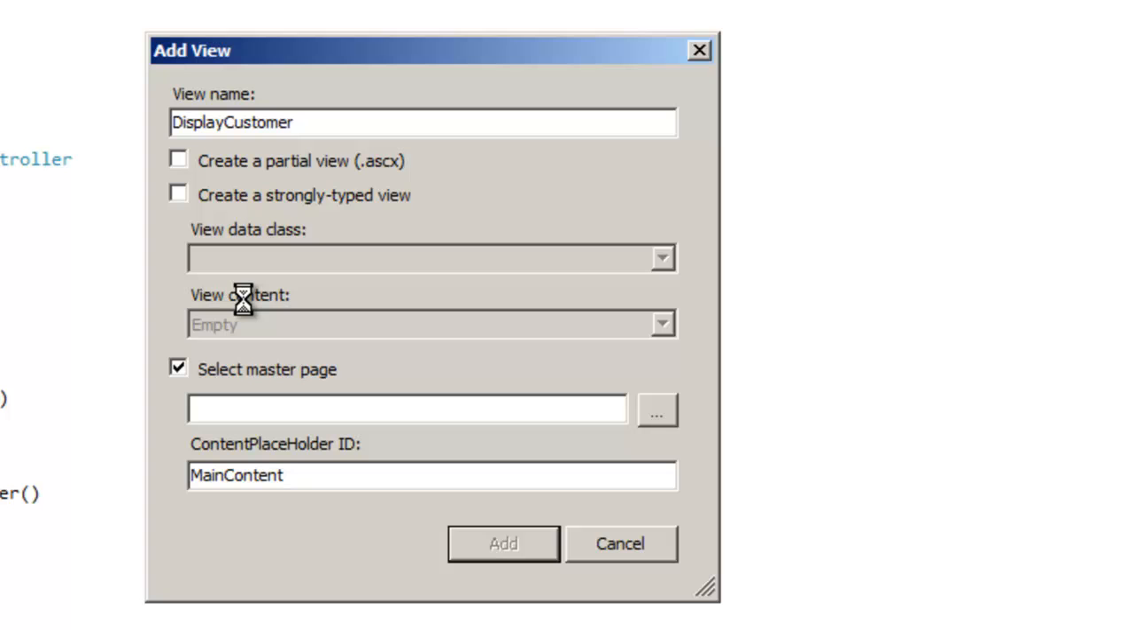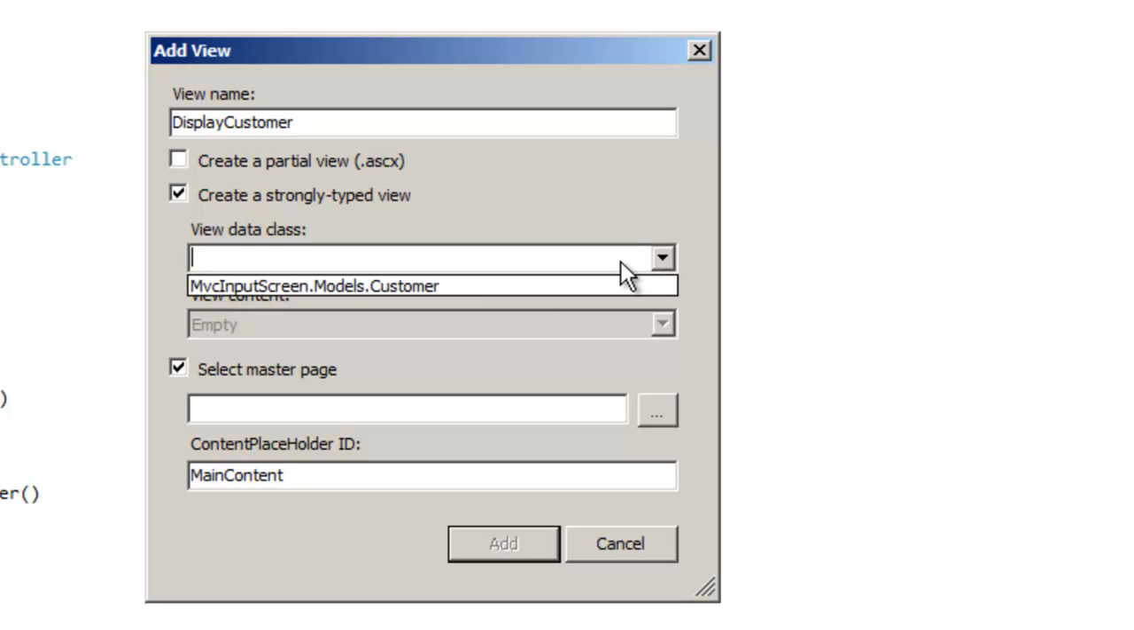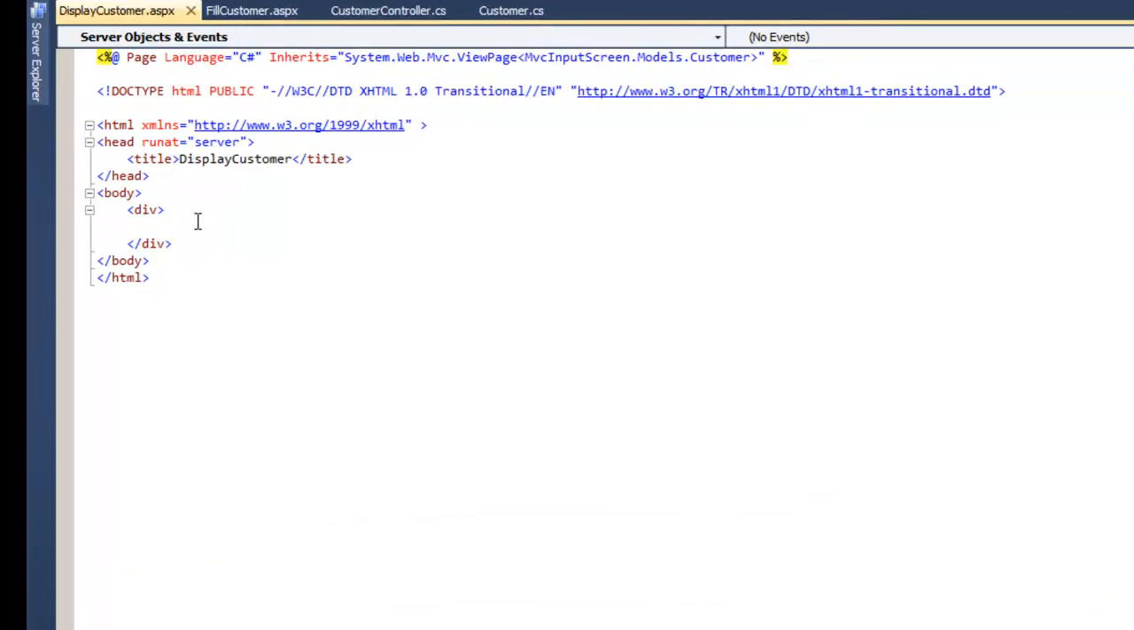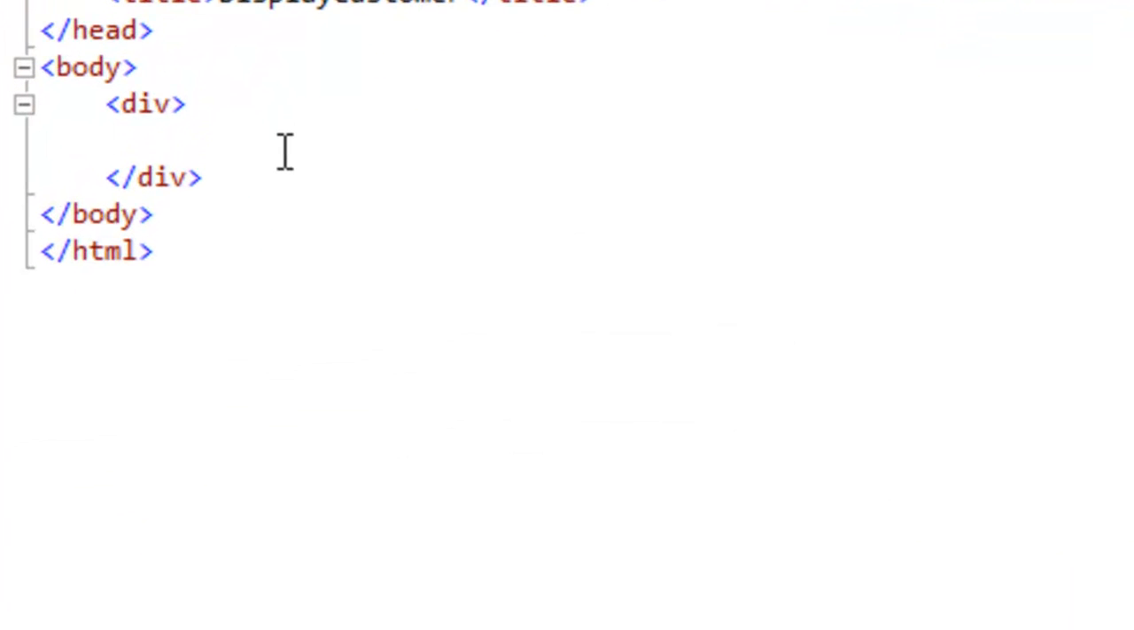Now let's create this as a strongly typed view. Why? Because to this view we are going to pass the customer object. So let's create it as a strongly typed view and click. So let's start displaying the values over here in the display customer. We'll say the customer ID is